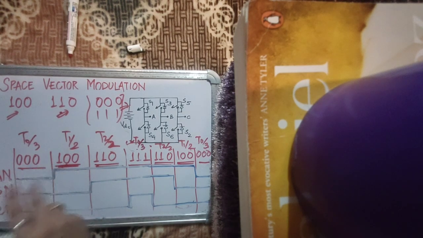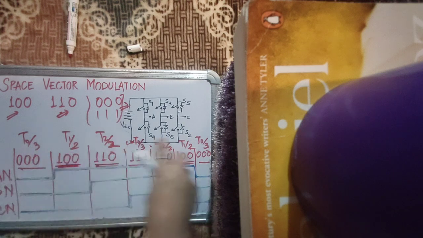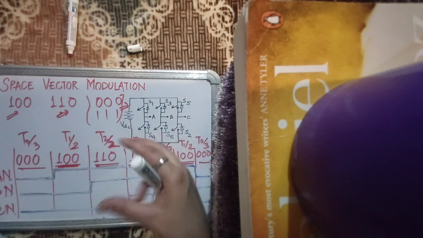In fact, this single transition also helps you, your switching power losses are reduced. For one, switching transitions have reduced. Every time you switch, only one device has to change its position or change its state. Another thing is that you're maintaining waveform symmetry in the 3-pole voltages, so that gives you an improved harmonic spectrum. So space vector modulation overall gives you a better harmonic performance as compared to sine PWM if you organize or distribute these dwell times. You call them dwell times,